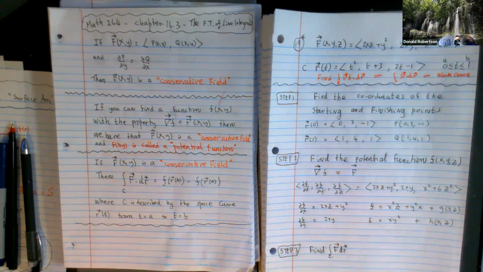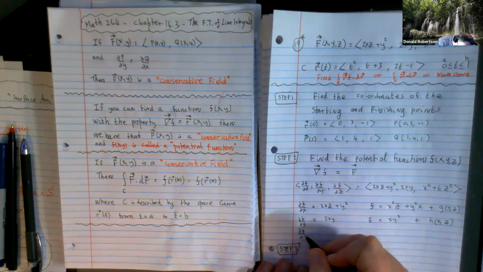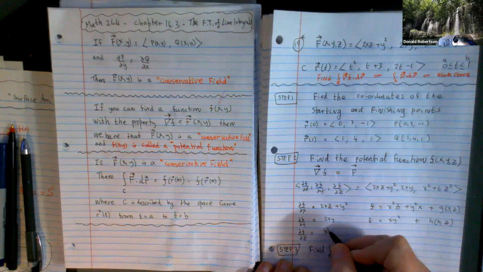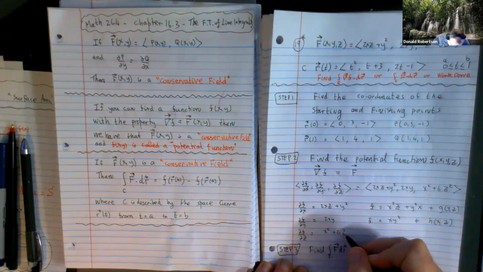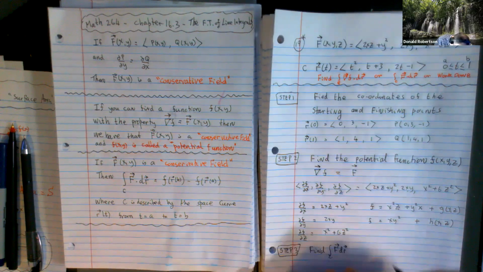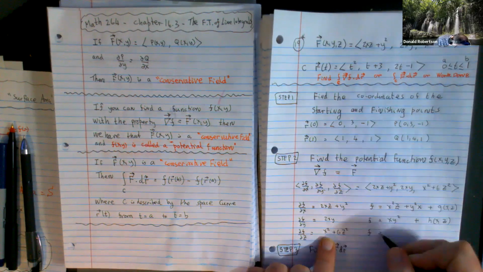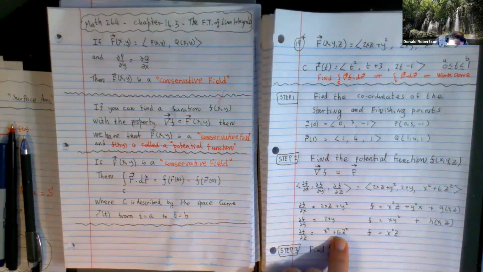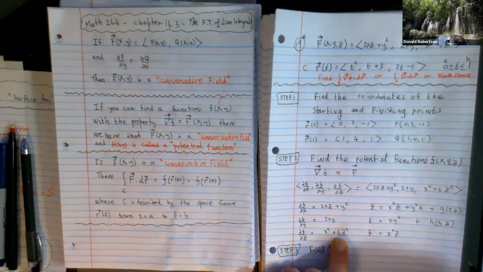And then lastly, you do the third one. It's going to equal x squared plus 6z squared, and you integrate it with respect to z. And x squared becomes x squared z. And this guy here becomes,